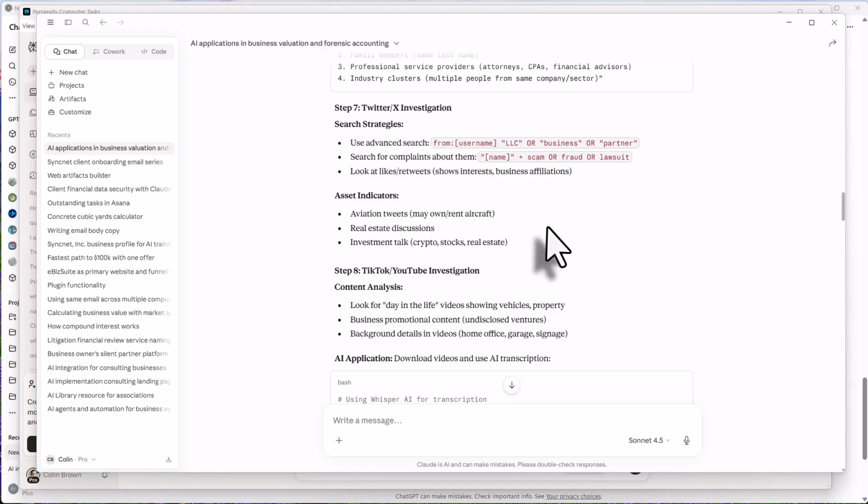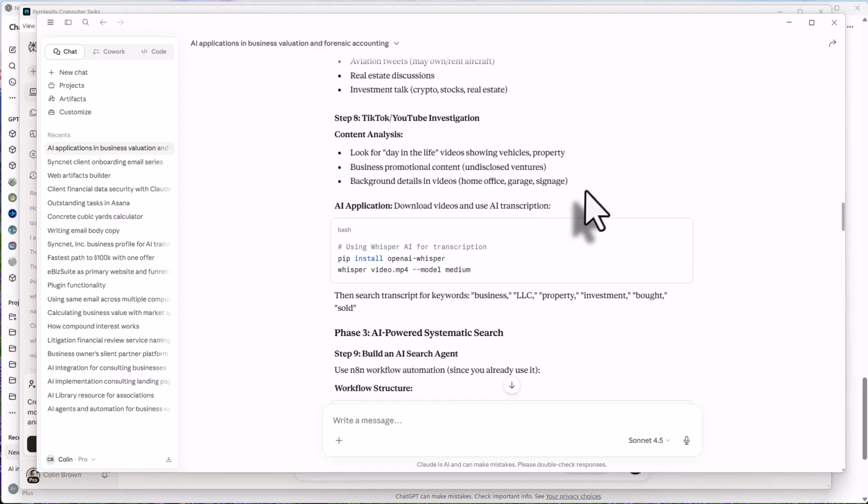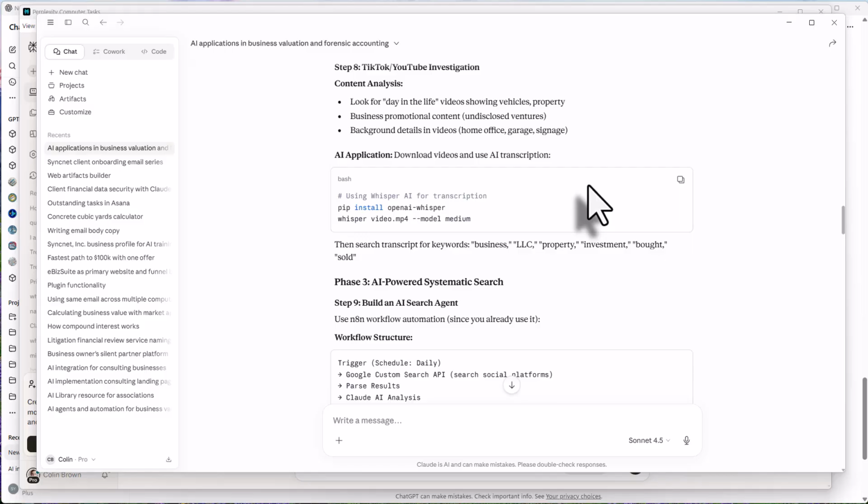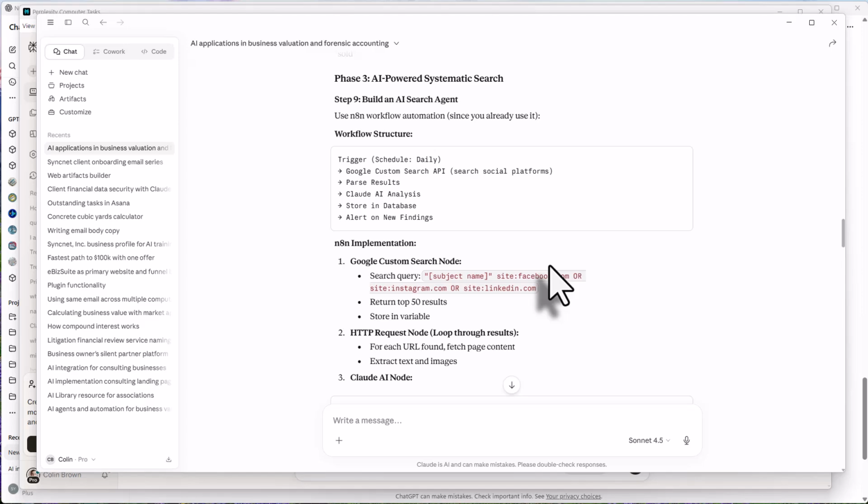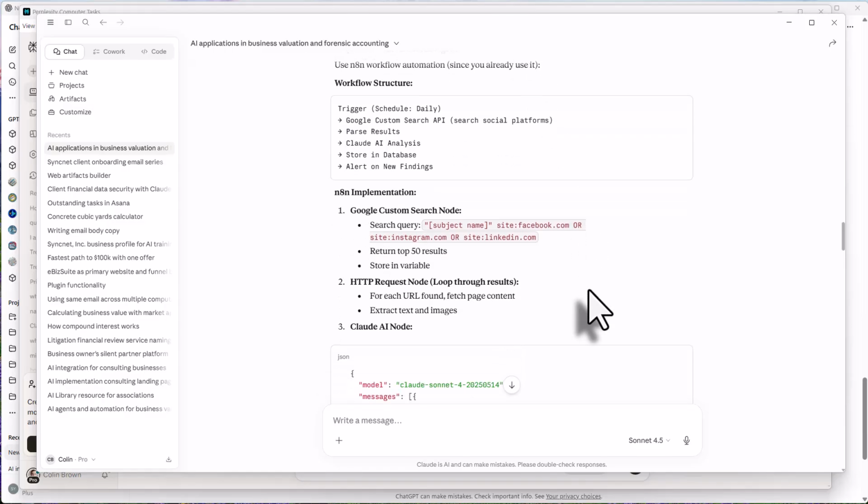So these are all things that were not listed in the other tools. It also shows you how to do it for TikTok as well. And then it gives you a tool that you could install on your computer to analyze video. Very interesting. And it even gives you the code to build an n8n workflow to build an AI search agent, which is super smart.